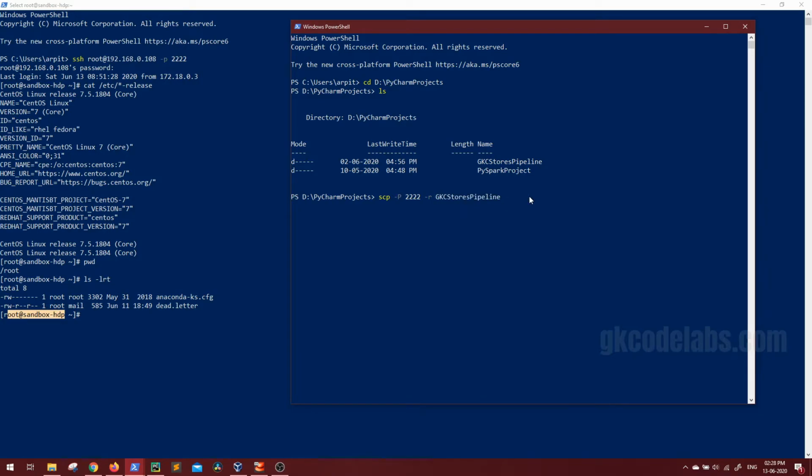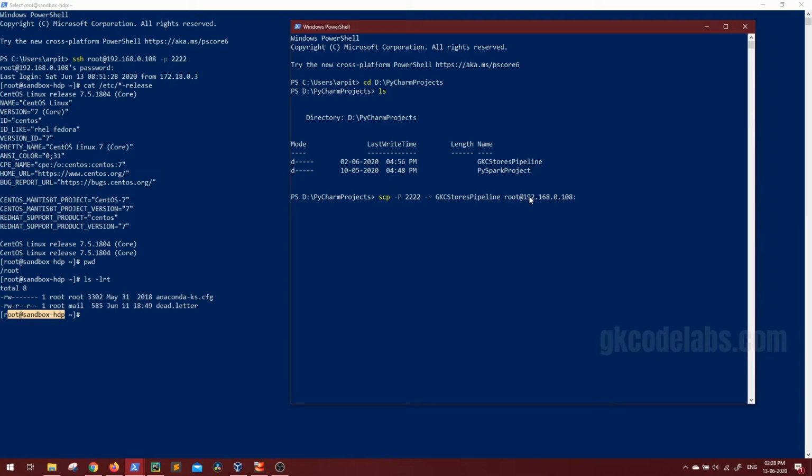Then we have to give the destination, same as we logged in. So our destination was the HTTP sandbox. For logging into there, we have to give first the username, that is root @ then the IP 192.168.0.108.